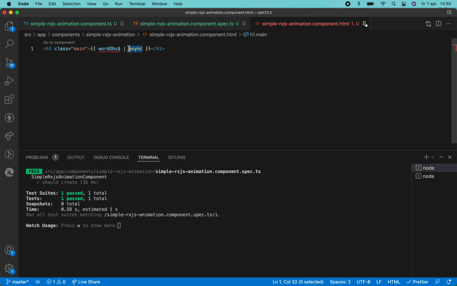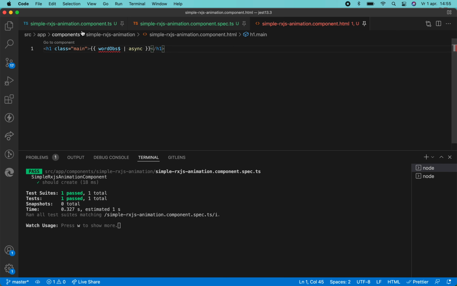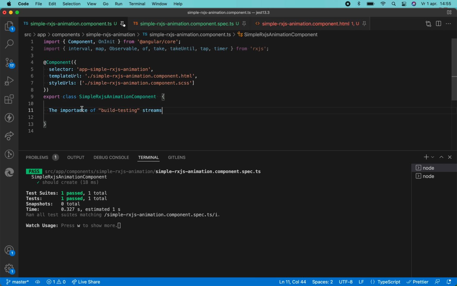If you don't know what the async pipe is, it basically is an Angular built-in gizmo, or pipe, that allows you to automatically subscribe and unsubscribe from a property on your class. And that makes it fast and easy to work with. There are other ways to do it, but this is the more convenient way. So I'll save that and go to the component and